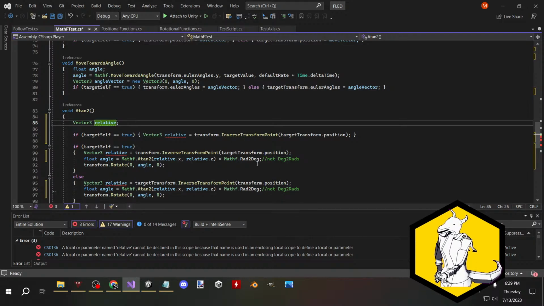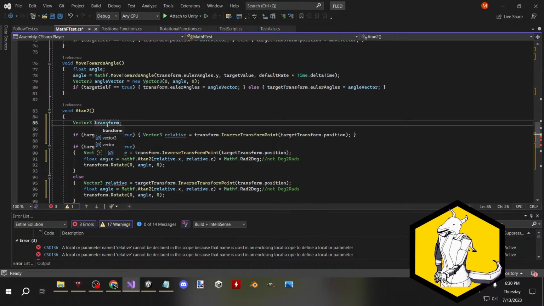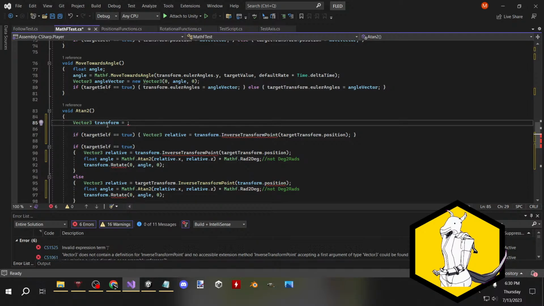So let me do, this one's a vector, right? We'll just say equal transform, and then we'll do another if